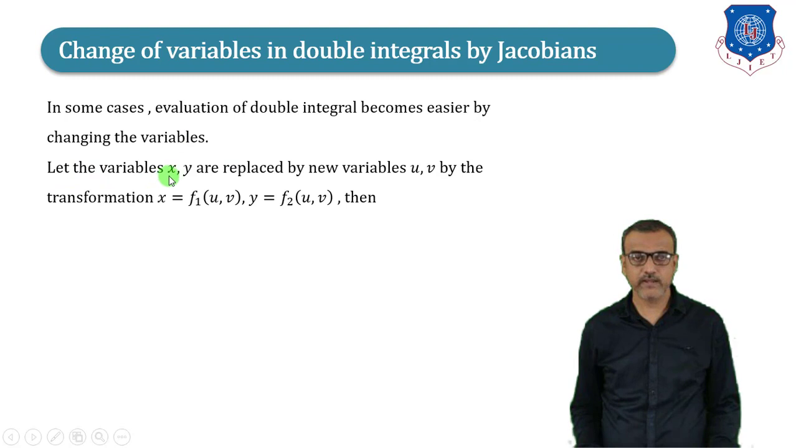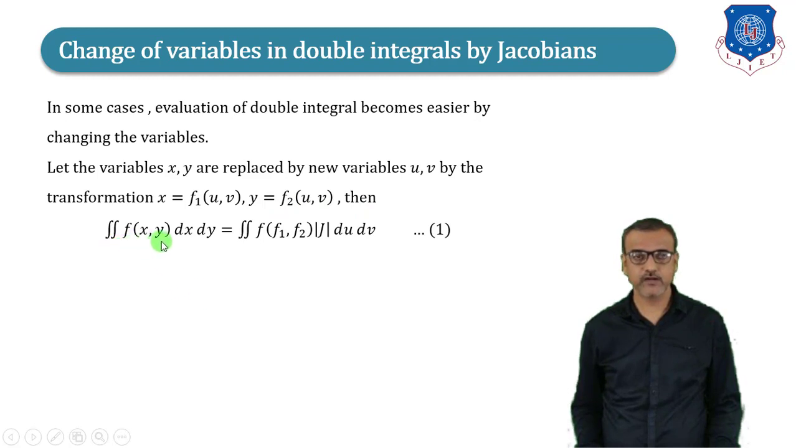Let the variables x, y be replaced by new variables u, v by the transformation x equals f1 of u, v, y equals f2 of u, v. Then double integration of f of x, y dx dy equals double integration of f of f1, f2 times modulus of J du dv. Say this is result number 1,